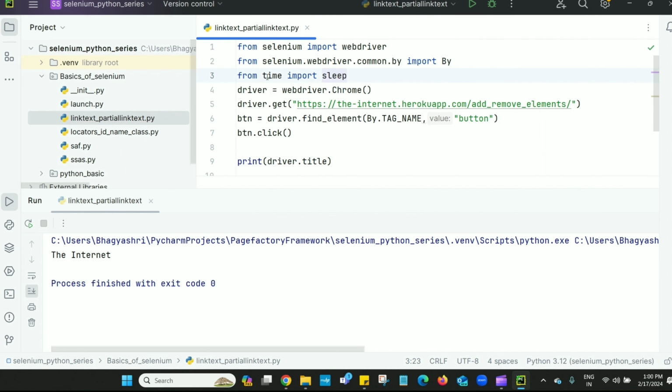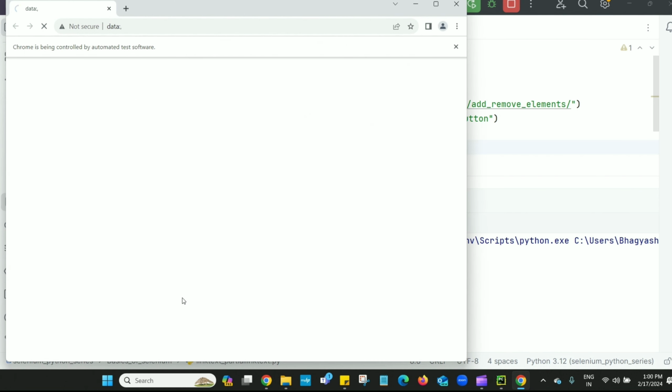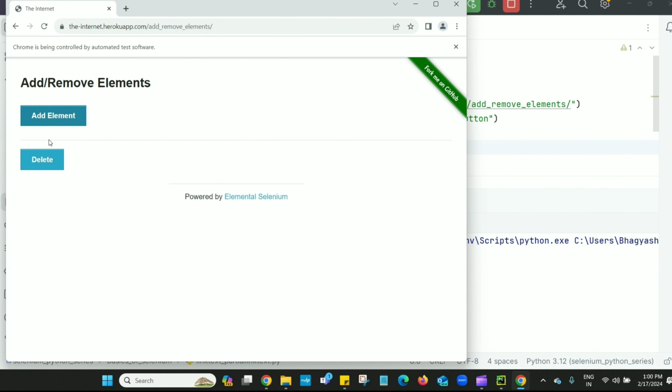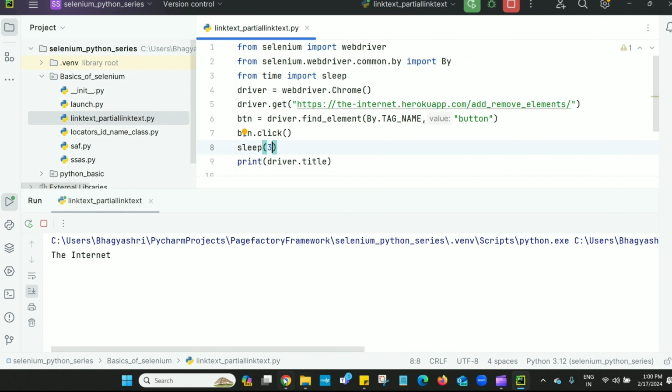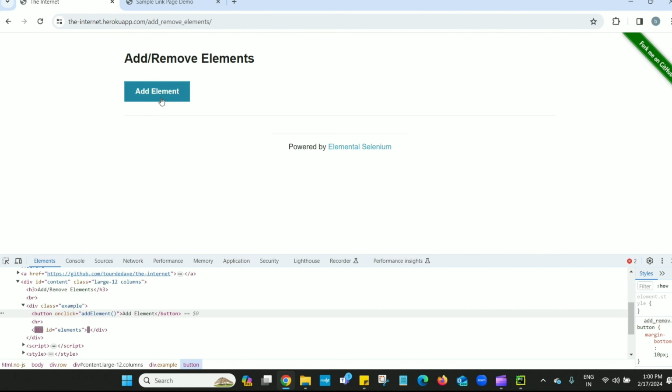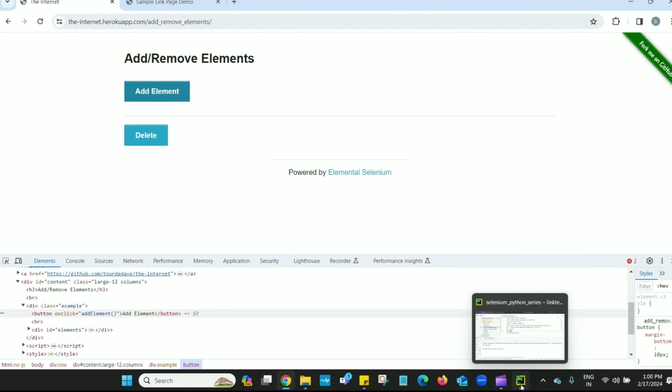This package has sleep, which means it will sleep for a few seconds, and here I will use 3 seconds. Now let's execute and check. Yes, it was clicking, and then a delete button is included, which means after clicking on the add button, the delete button is added. So we have checked this.